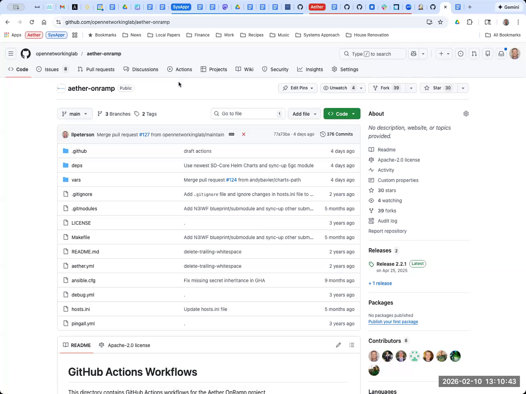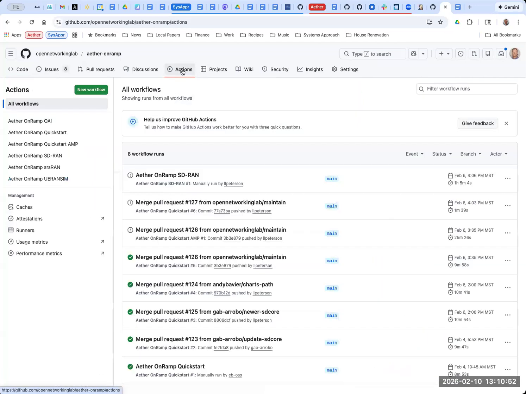So can you share a link with people who have some familiarity with the issue? Yeah. If you go to the on-ramp repo and look at the actions, you will see a set of test actions here. These are only the tests that require one VM. It's not the ones that set up multiple VMs. So we're doing the straightforward ones.